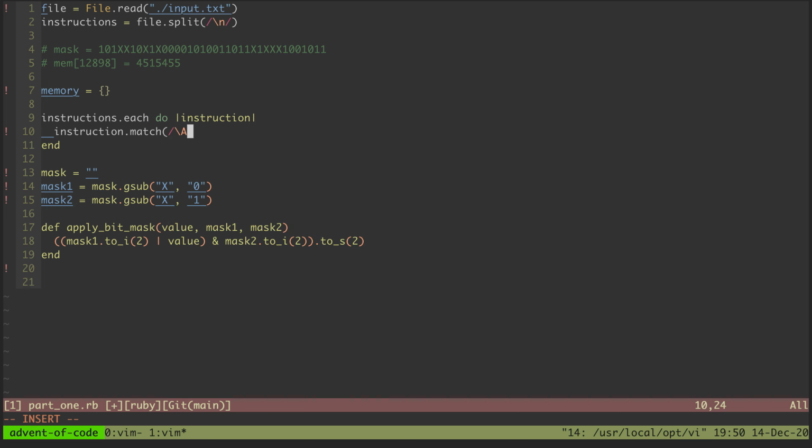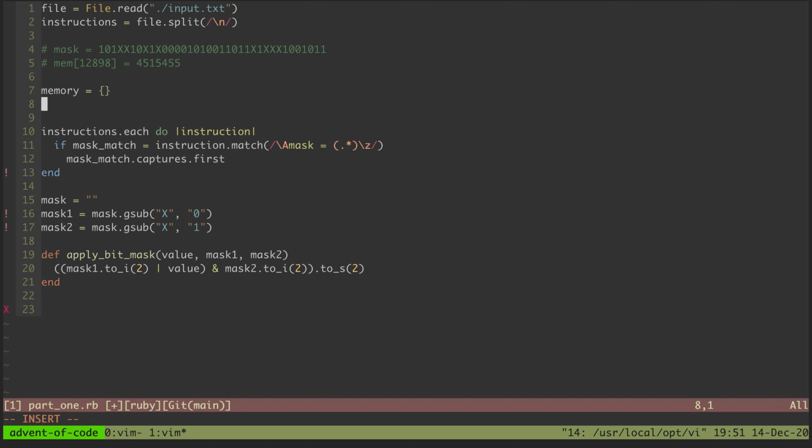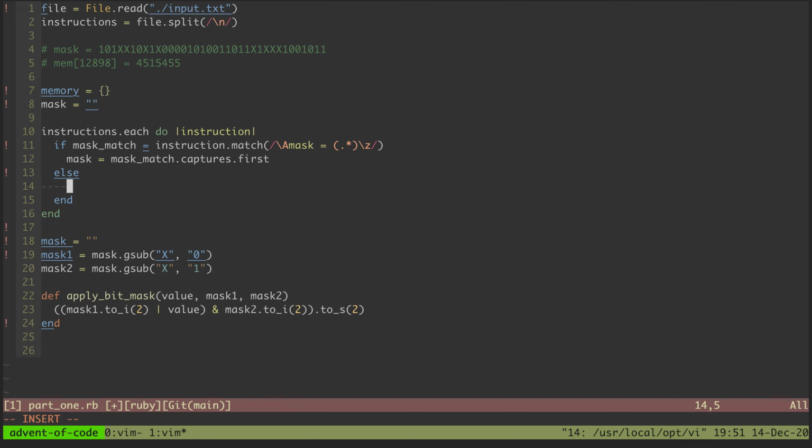instruction.match, so a new line, then mask equals, and then a bunch of, I'll do a capture group that just contains a bunch of stuff, and then we'll close the capture group, and then it's the end of the file. So if we match on that, and that's not nil, so if mask match, then say mask match captures first is our mask. Else, and otherwise we're processing the